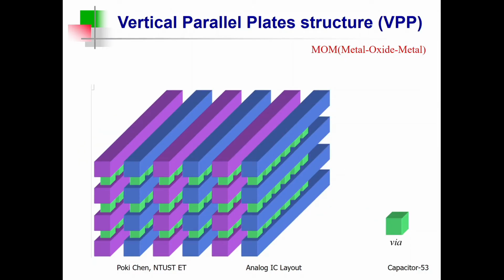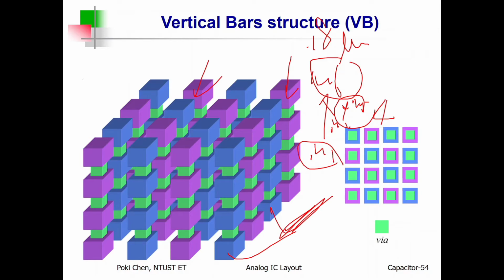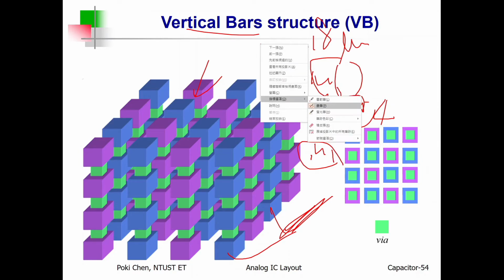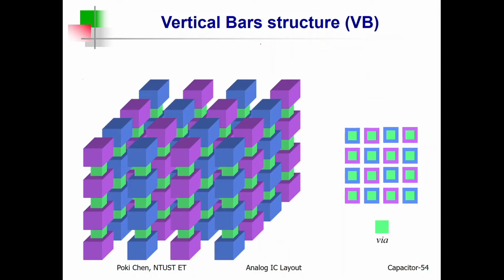On the contrary, here you can apply all of them from M1 to M6. In theory, all of them can be used to compose such kind of vertical parallel plate capacitor. So usually VPP can generate more capacitance than VB per area. Got it? The other drawback of VB is if I collect with the help of the top metal